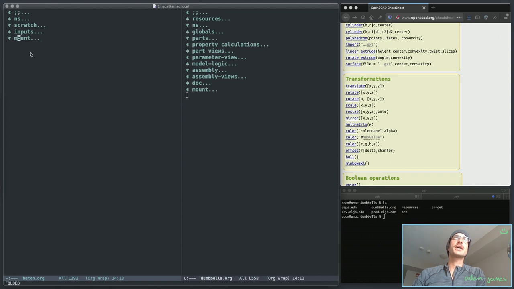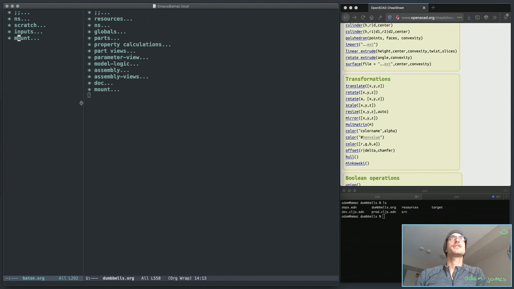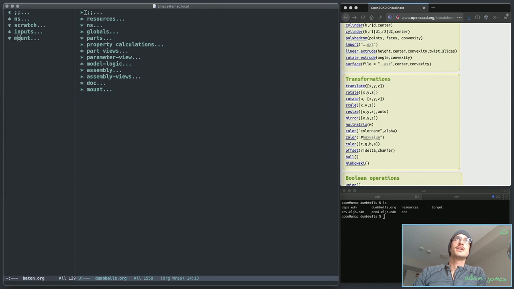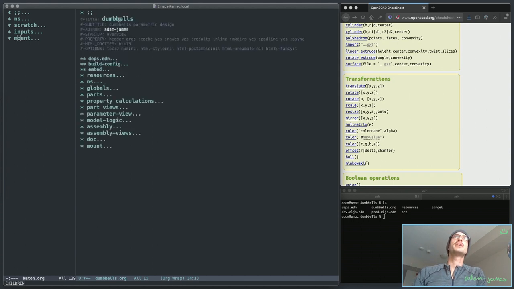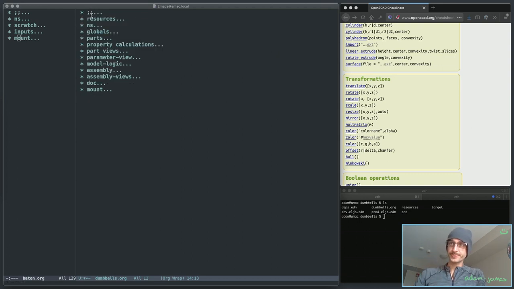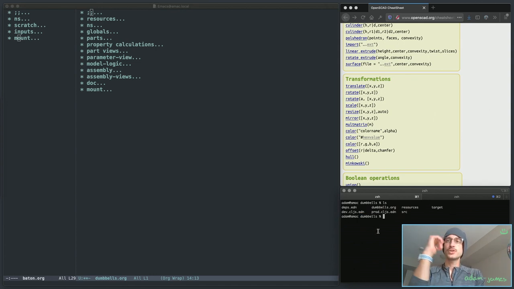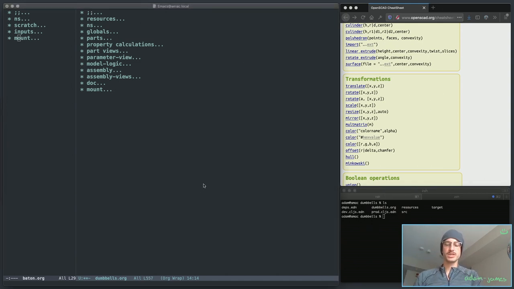But I separated that out from, I had a thing called ASDF, which was just a Scratch spot for reagent stuff that I was working on. I pulled that out and I made a project specifically for the dumbbells that I'm designing. I'm in the dumbbells directory here in this terminal, and it should let me compile and open up right here. But before I do that, I want to actually see